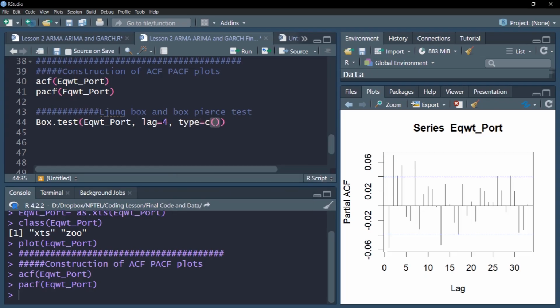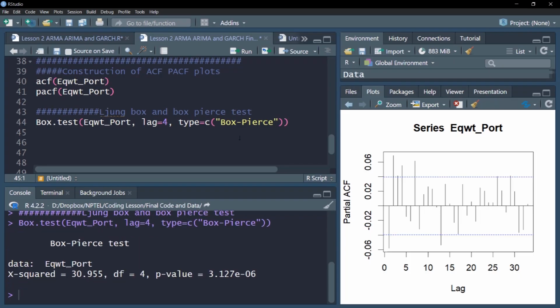My hunch is that because these markets run at least a week, even if there is some information structure, that should be captured in a weekly interval. So because of that, I'm putting a 4-day lag. If I run this, you can see it is significant. That means there is some autocorrelation in the process. Autocorrelation structure is indeed present.